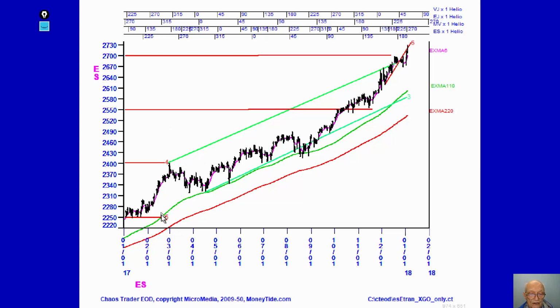Now, what I point out on this chart, these are exponential moving averages. I like to use a rainbow of moving averages to help me track the speed of a move. Because what happens near the end of a move is that the market moves faster and faster and faster until finally it can't